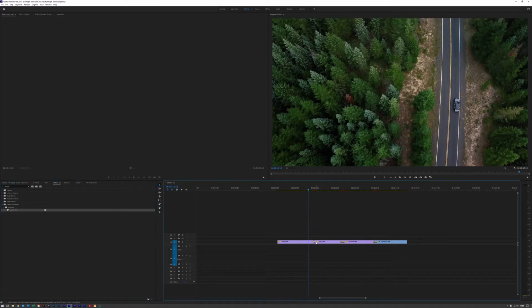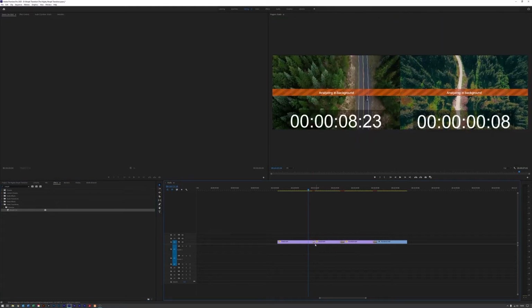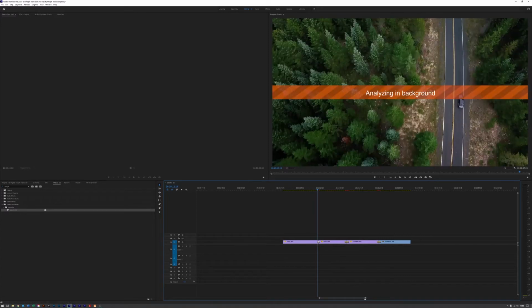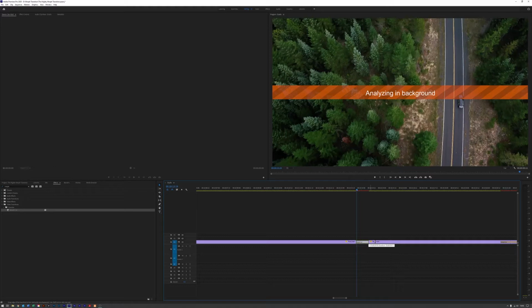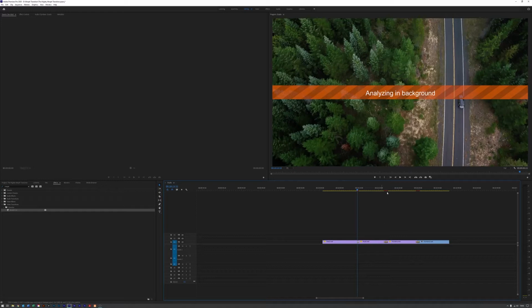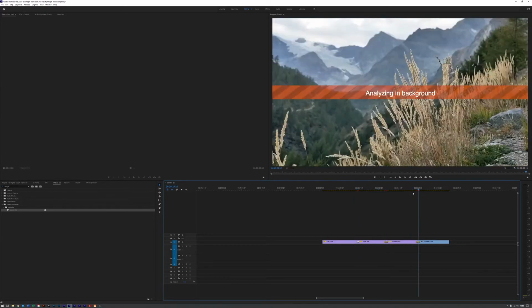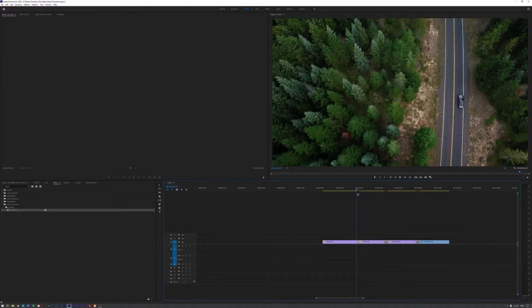I'm just going to zoom into this morph cut clip here, select it, and extend it out a little bit, if I can. Well, that's as far as it'll go, because there's no more clip left. What it will do now is analyze in the background, and it does it sequentially. It'll do this one, then the next one, then the next one, and carry on until it's finished. When it's finished, we'll come back to it and see exactly how it looks.